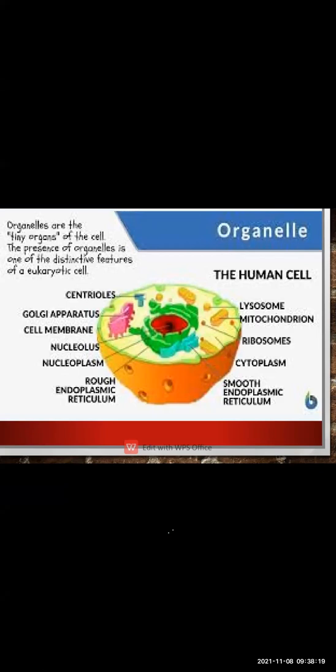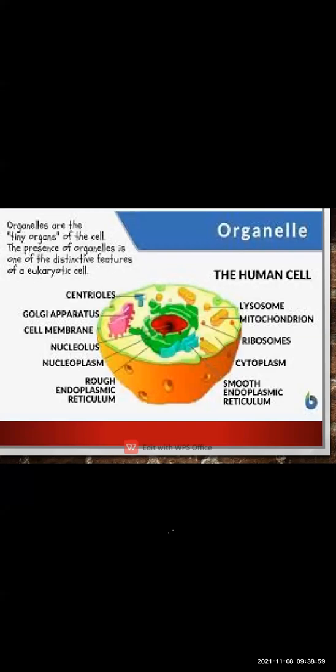So what is the meaning of prokaryotic cell? In the prokaryotic cell, you are not able to see the nuclear membrane, nucleus, or any distinct organs. But in eukaryotic, you can see all the organs very nicely. Now here is an example of the human cell, and in this human cell you can see all the organelles very clearly, because this human cell is eukaryotic, in which the nucleus, the nuclear membrane and the organelles are seen very clearly. So these are classified as eukaryotic cells.